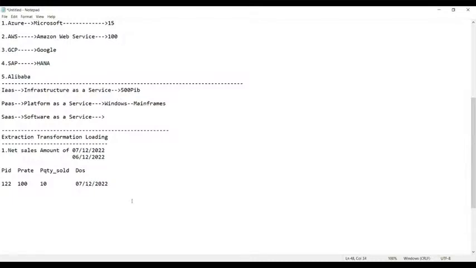The second line is like this: product ID 123, product rate is 200, quantity sold is 10, and the date of sales is 07/12/2022. Then we have the next one, 124.